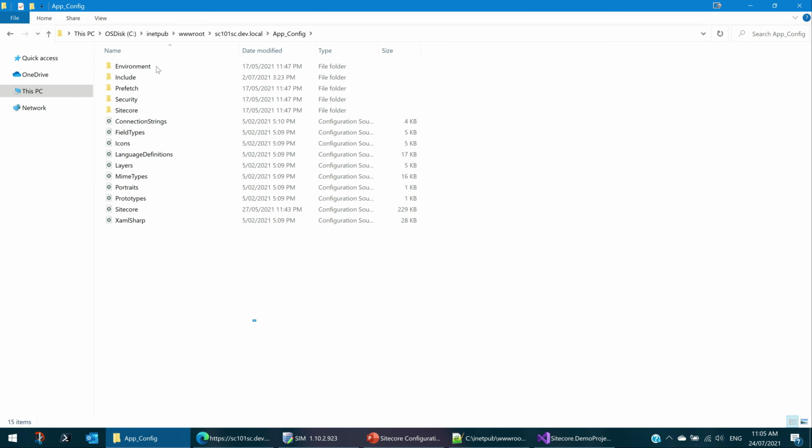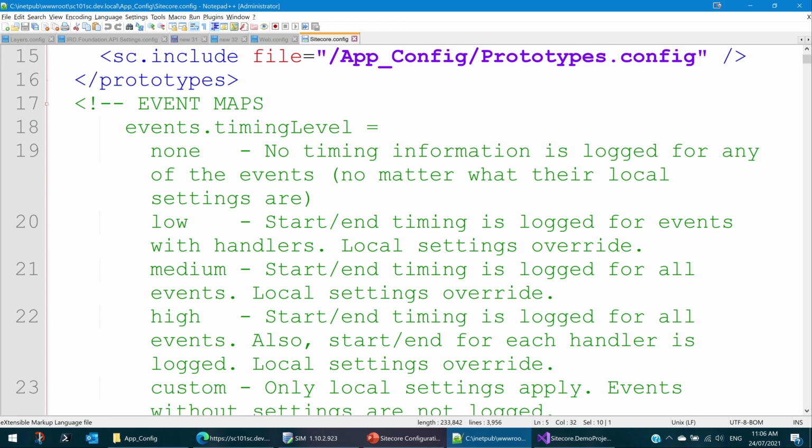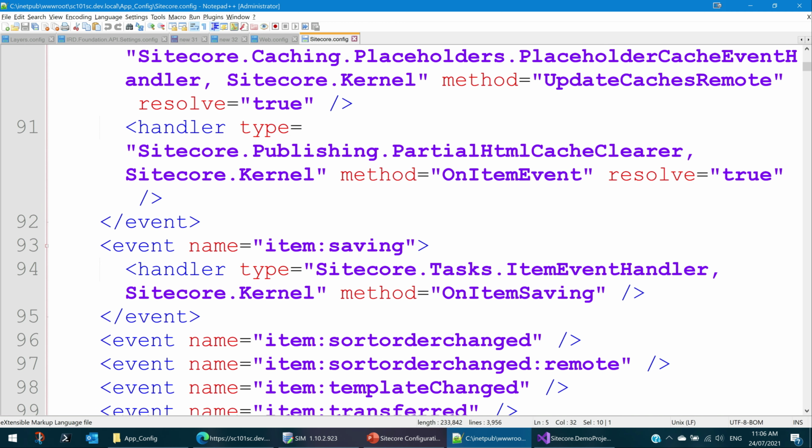Let's go and see under App_Config. There are a lot of files here. Another file you may come across, and this term may be a little confusing, is the Sitecore config, which means the sitecore.config file under App_Config. This contains predominantly all the settings. Let's open this. It has the data folder, where our license file is, the media folder, templates. So you will have a ton of configuration here.